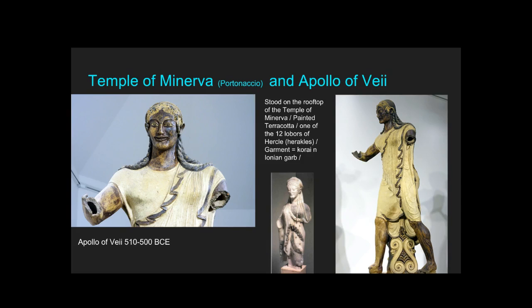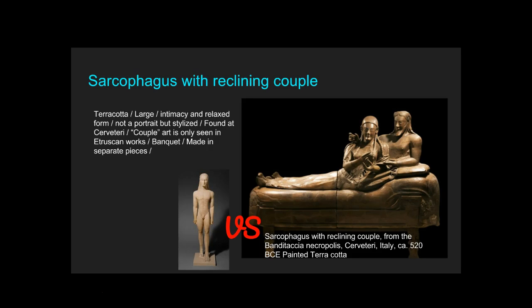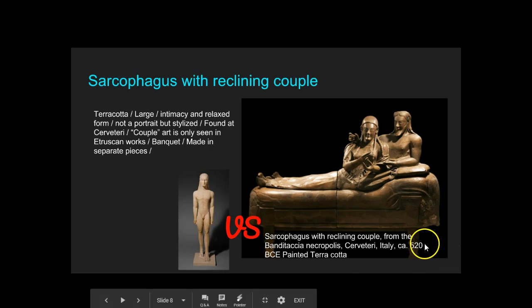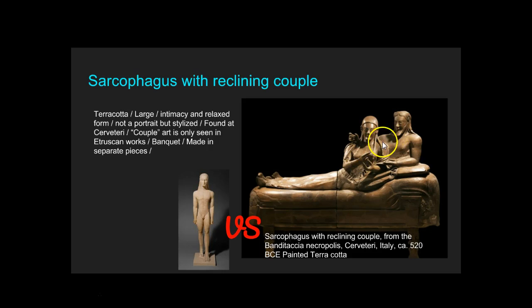This person is called the Apollo of Veii. And then again, we've got terracotta sarcophagi. We see the evidence of male and female love and almost equal power shared between the two because of a lot of their loving poses. Their legs become more flattened on these, but this is the sarcophagus of a reclining couple. Again, I believe it's another one of your artifacts.